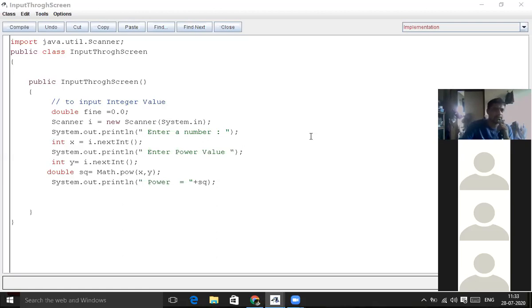Now, did you understand what exactly is the meaning of this one? So this is any kind of power. It is not only square, it can be any type of power, okay? So I have given here any number. You can go for any number, 8 to the power 4, 8 to the power 8, whatever number you want. But don't go for a big number because if the calculation goes beyond the limit, you will not get the result properly. So for that, you have to store the result in another way.